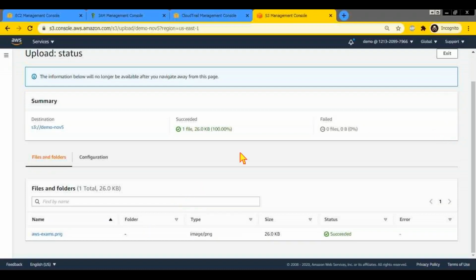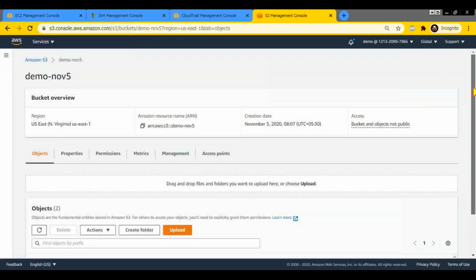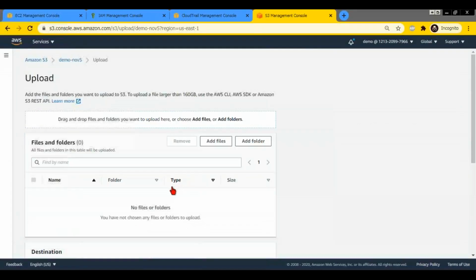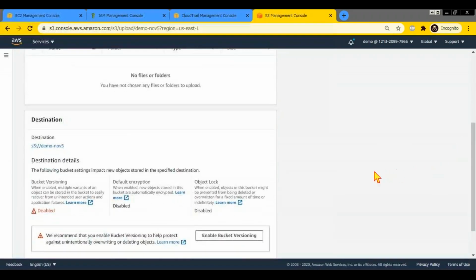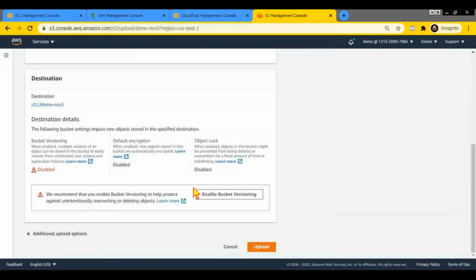Until 2 days ago, after you upload, you have to hit exit to go back to the bucket, right? It has become a little irritating, because until 2 or 3 days ago, while uploading the file also, you used to get a box which says that I agree that if the same file is there, it will be overwritten. Now they seem to have removed it. Even 2 days ago it was there.